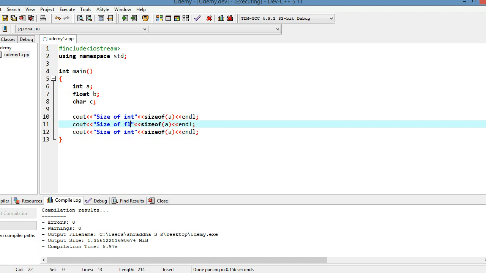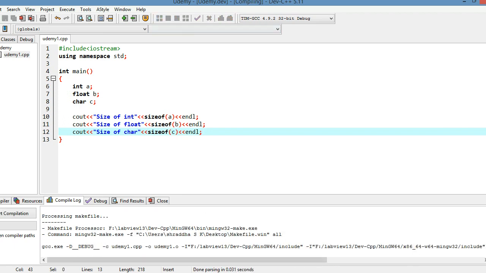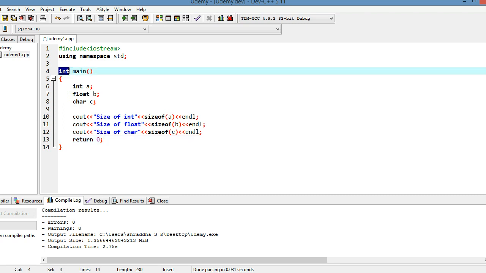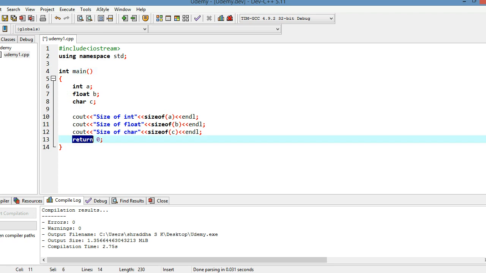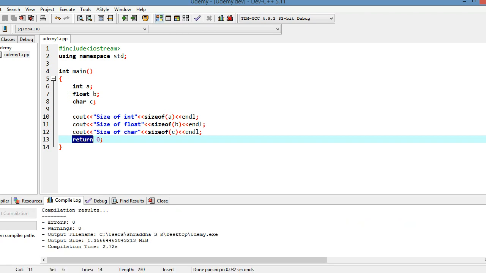So size of float, size of B, and size of character, size of C. So if I compile this code, I will have a return 0, because this will be a good coding practice, because we have int main, and int main should always return some value, like it needs some return type. It depends on the compiler. Sometimes it will give error, sometimes it won't give error.